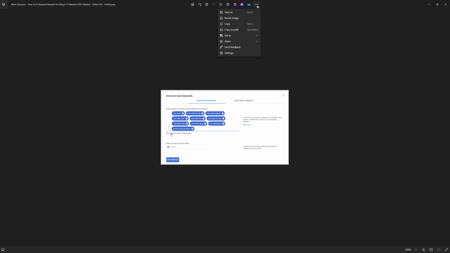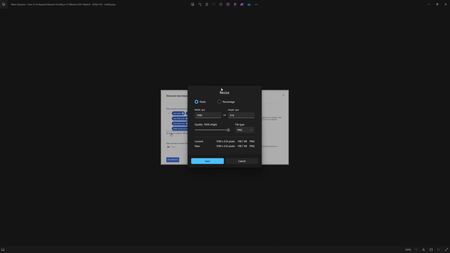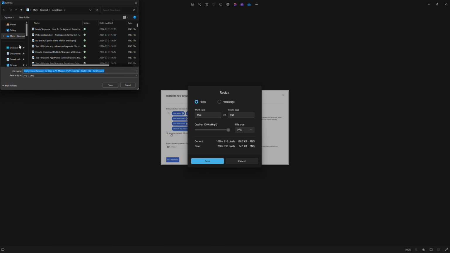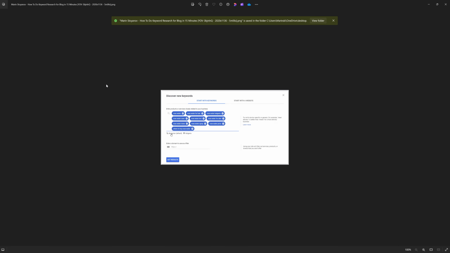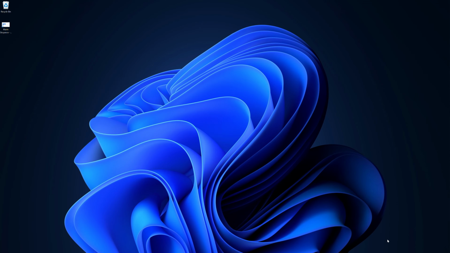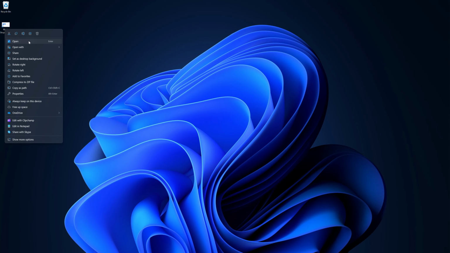So from here, the next thing what I need to do is I want to resize the image. For example, at the moment it's almost 1000 pixel width, and I want to make it, let's say 700, so it can take less space in my blog. And I can change it to JPEG or some other format. I'll use PNG because I have additional compression in my website, so this is quite enough. Okay, from here I will save it to my desktop,